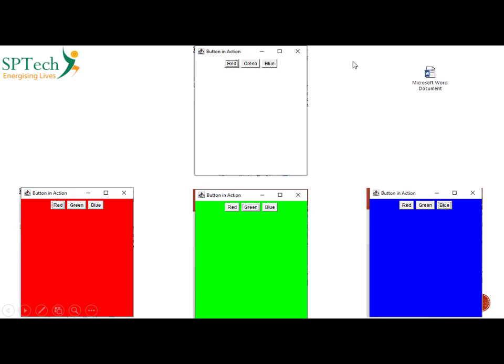Okay, there you go. This is what we have seen in the program execution. Initially we had a GUI screen which had three buttons, red, green and blue. When I clicked on the button labeled red, the frame background was set to red. Similarly, when I clicked on the green button, the frame background was set to green, and when I clicked on the blue button, the frame background was set to blue. So what is the program behind this? We shall go and inspect that particular program now.